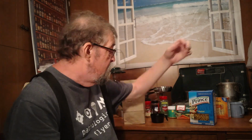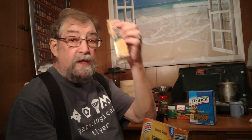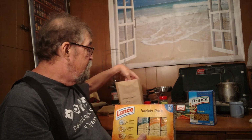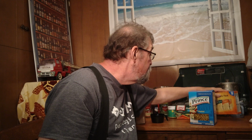not as part of the recipe itself, but as part of the meal, I am going to add in a package of crackers. These are the Captain's wafers with cream cheese and chive, and these will go into my bag as well. I'll seal this up, and it will be ready to go when I'm out in the field